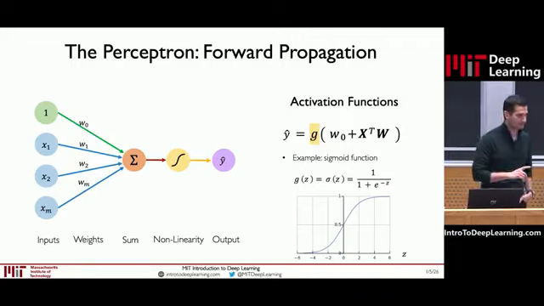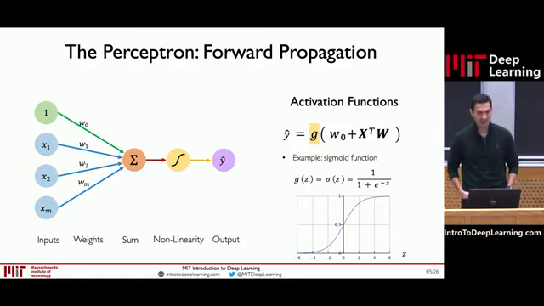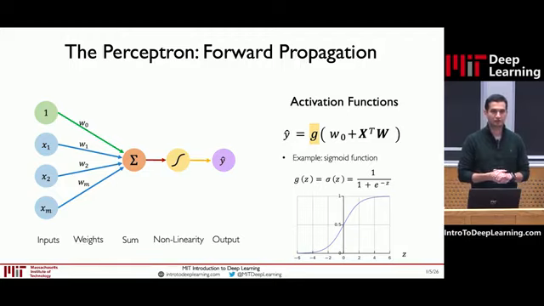Now, you might be wondering about this activation function that I mentioned previously. I said this is a nonlinear function, right? What does that mean? It just means that you're transforming something from the x-axis, that can be any real number, anything from negative infinity to infinity, into a new real number, that sometimes is bounded, sometimes not, but that transformation is not linear. So here's one example of a nonlinear activation function. This is called the sigmoid activation function. It transforms any number on the x-axis into a new number between 0 and 1, right?